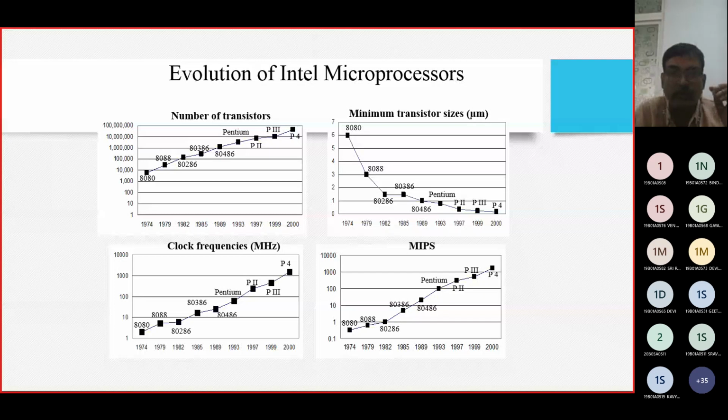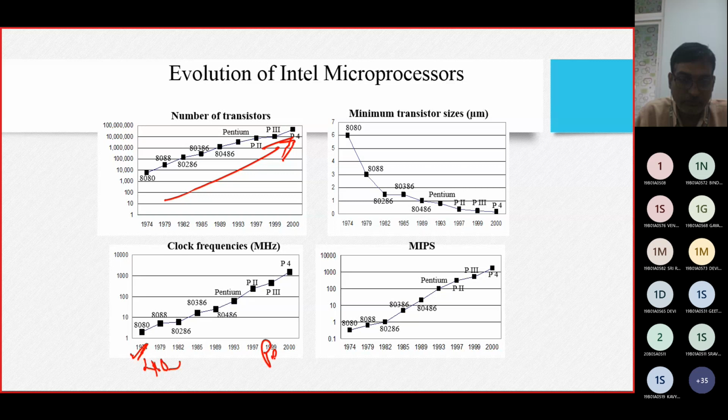When we are talking about the evolution, the most important thing was that if the number of transistors grows, the speed of a computer will grow. This was a thumb rule. When the number of transistors grows, the speed of the computer will also grow. Next, drastically, right from the 4004 onwards to the Pentium, we have enough ways of increasing the clock speed, etc. Then we have the million instructions per second, MIPS.